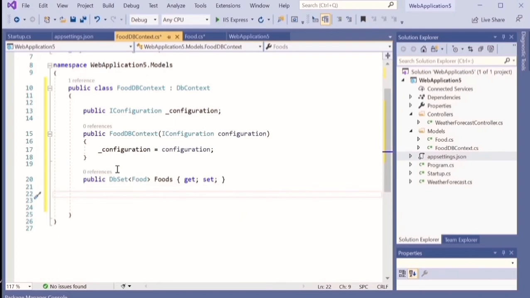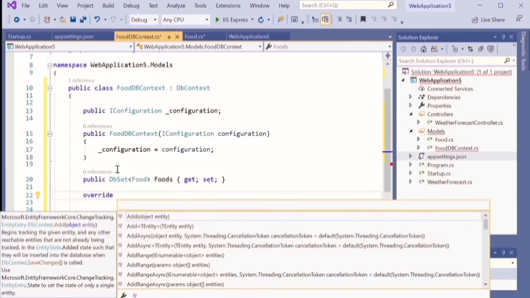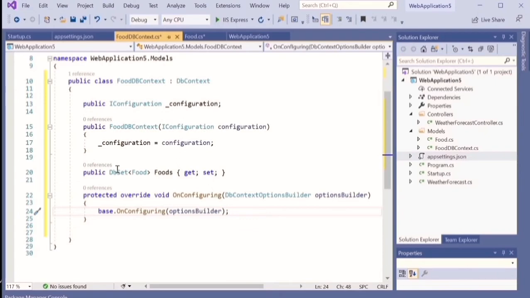And next, we need to let this DbContext know which database we are going to use. So next, we're going to type this override, followed by the method OnConfiguring, this DbContextOptionsBuilder,